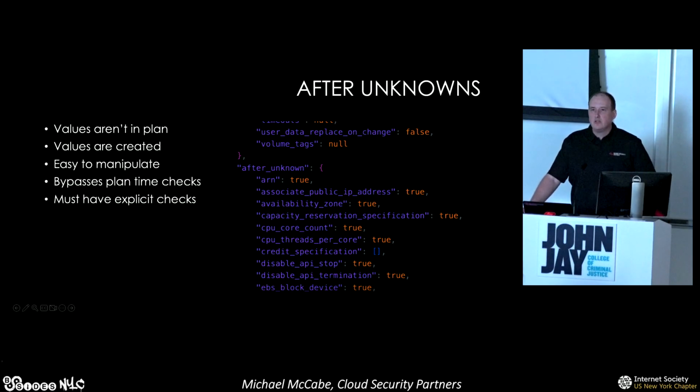It wasn't really a known issue from HashiCorp when it was brought up, so they haven't really thought through how their own tools work that well. So it's another area where you can build your security tools and then there's bypasses on those security tools. So someone could write Terraform to intentionally make something like an ARN or some parameter after an unknown and then bypass all of your Sentinel or OPA checks. So you have to have a balance of your SaaS tools like SemGrep and then your more in-depth infrastructure as code tools like Sentinel or OPA.